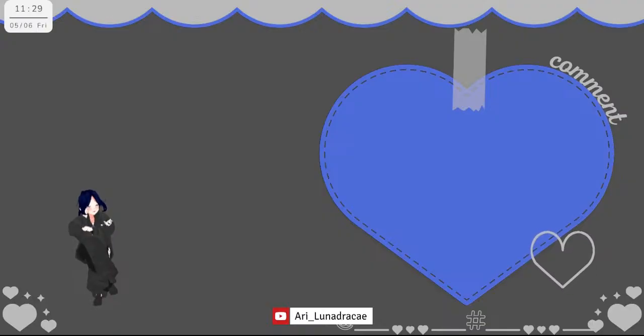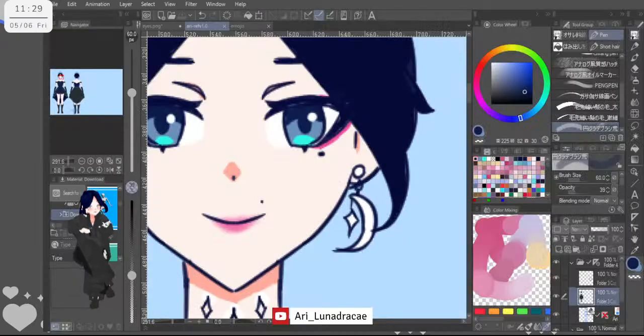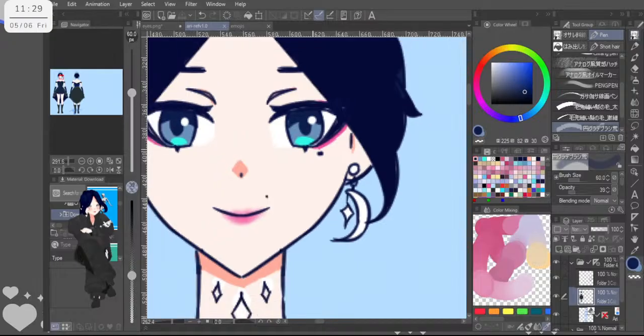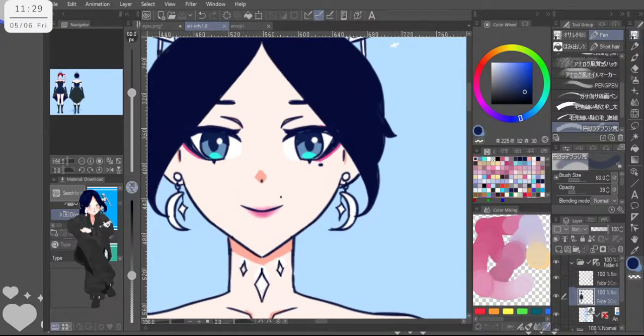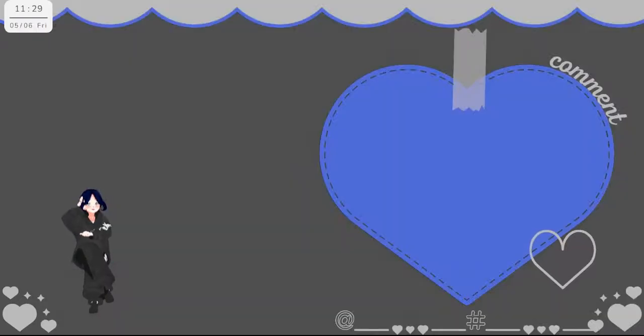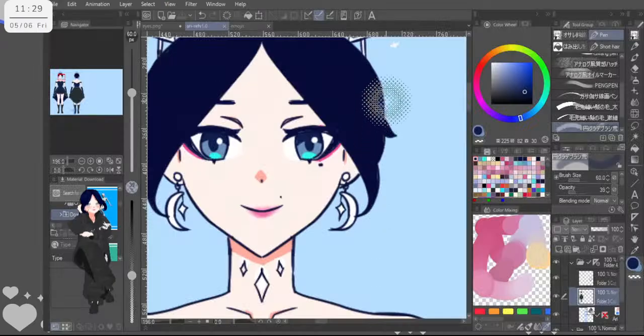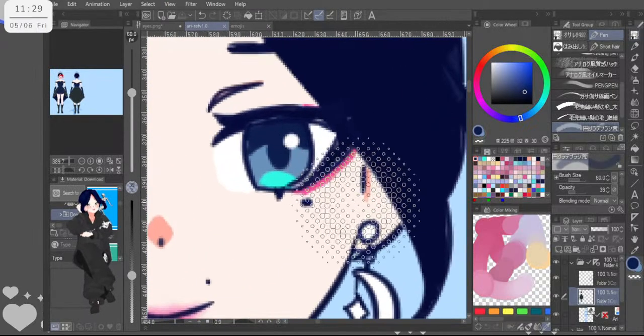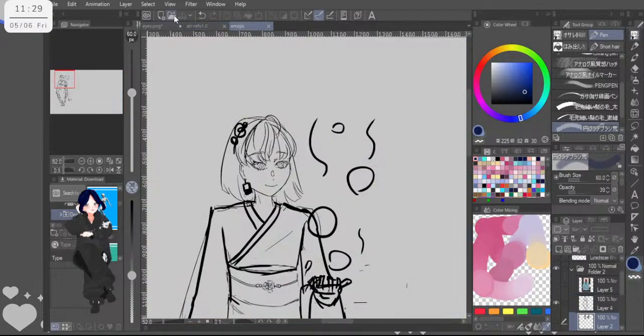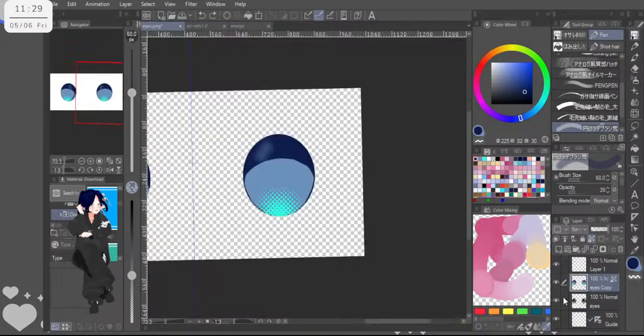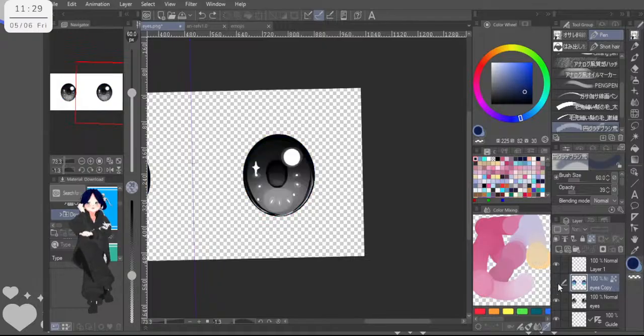But today my computer is really slow, and it isn't like this usually, so not even the window button is working. Alright, let's just keep drawing then. Let's hide this for a little. Okay.